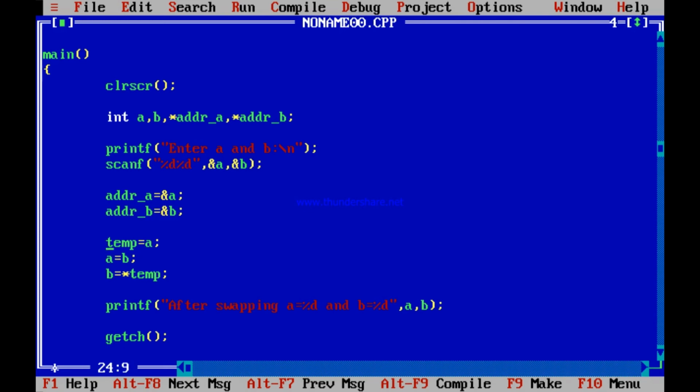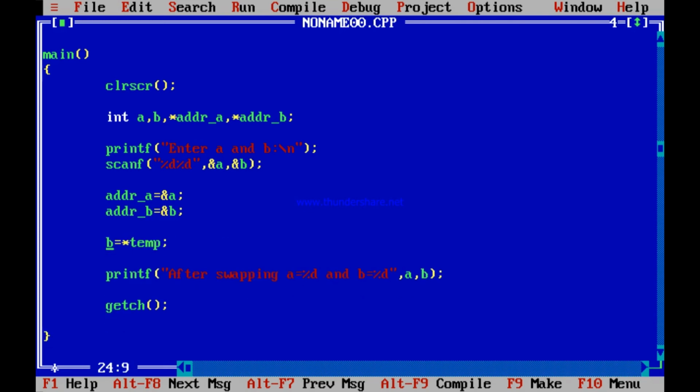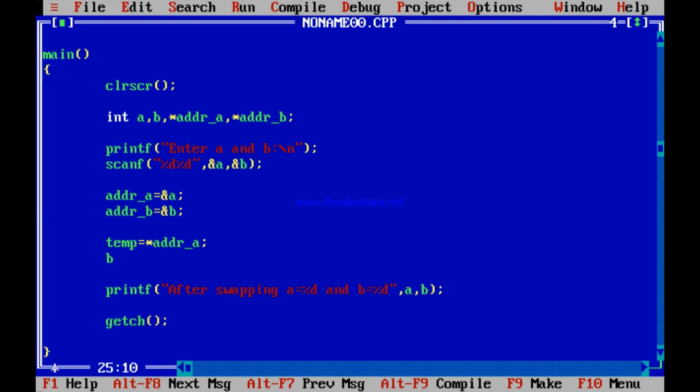Next what I do is I swap them using the pointers to the contents of those addresses. See, temp = *addrA. That is temp = A actually, because addrA is containing the address of A. So the content of that address I am putting to temp, so that the old value of A is put in temp. Now B, what is that? I am just trying to use B now. How to do that? Instead of using B, you write *addrB.